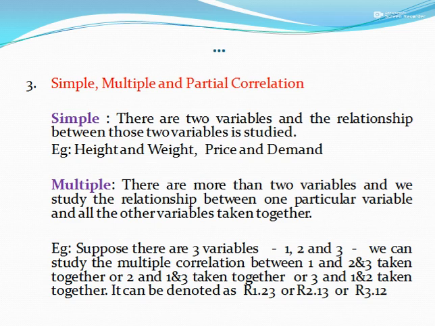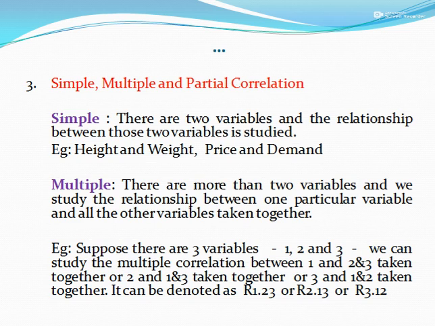Then what is multiple correlation? Suppose there are more than two variables in a correlation analysis and we study the relationship between one particular variable and all other variables taken together. It is called multiple correlation. Okay. Suppose there are three variables 1, 2 and 3. Here we can study the relationship between 1 and 2 and 3 taken together. It is denoted as R1.23, or we can study the relationship between 2 and 1 and 3 taken together. It is denoted as